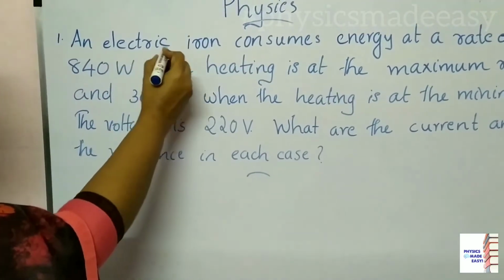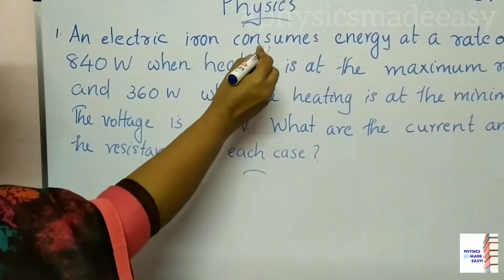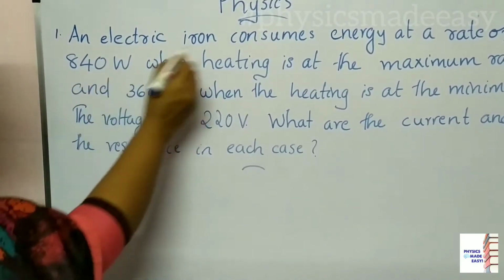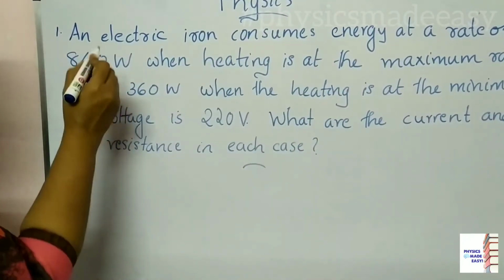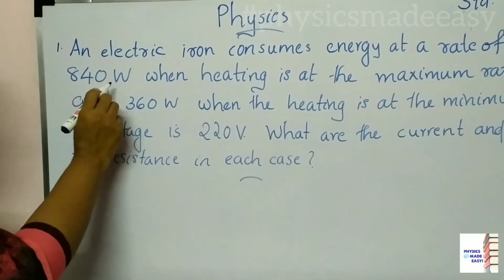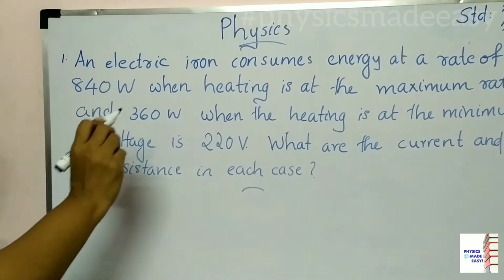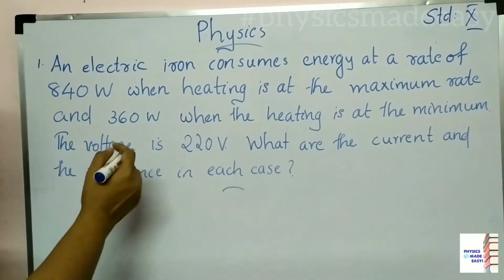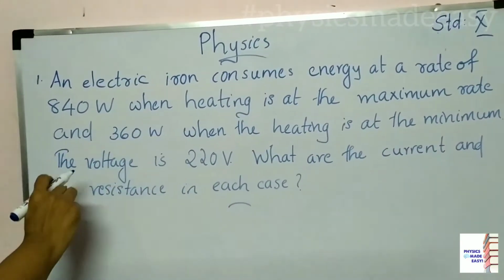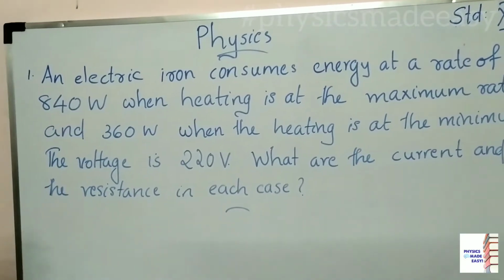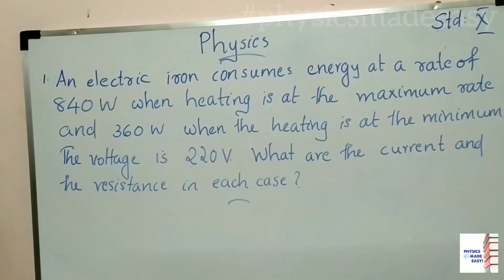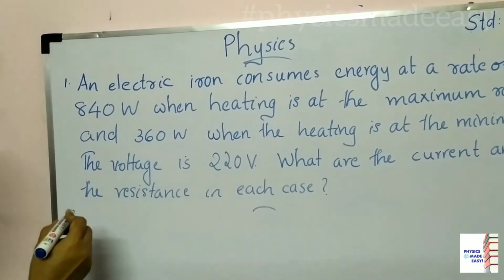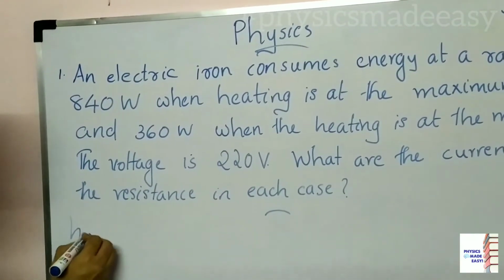Here an electric iron consumes energy at a rate of 840 watt. Energy at a rate of, from that it is understood that it is power, 840 watt when heating is at the maximum rate. Then 360 watt when heating is at the minimum rate. Voltage is given there. For both cases we have to find the current and the resistance. So here we can write, if the heating is at maximum rate,